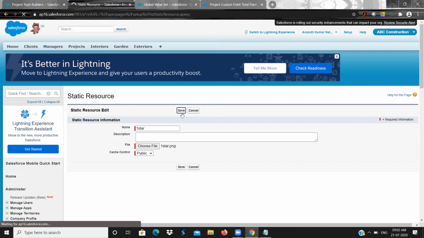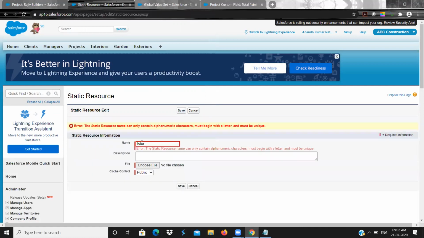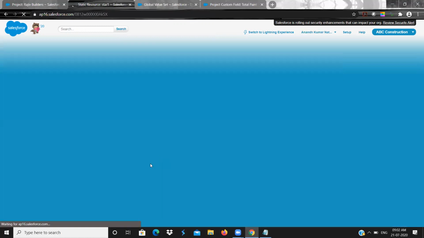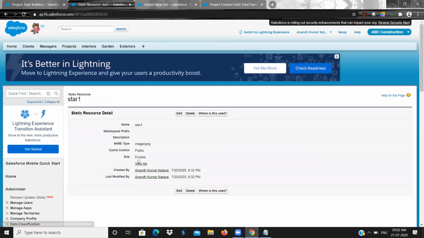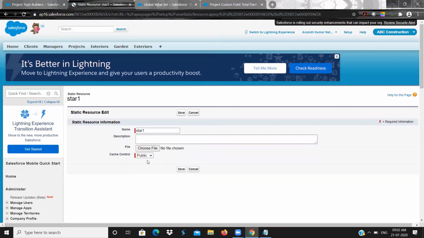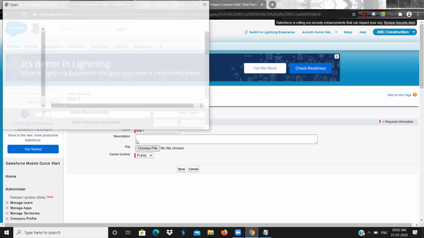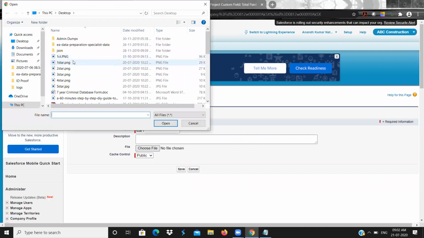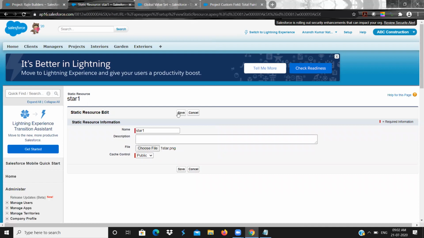If you save, it will throw an error: starting digit should not be a number. Okay, no problem. So I will give it *1. Oh, sorry, I did not upload the file. It is 0 bytes. Okay, edit, choose file. So 1 star, open, save.